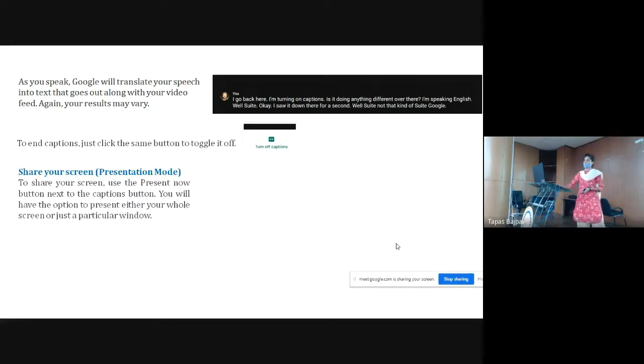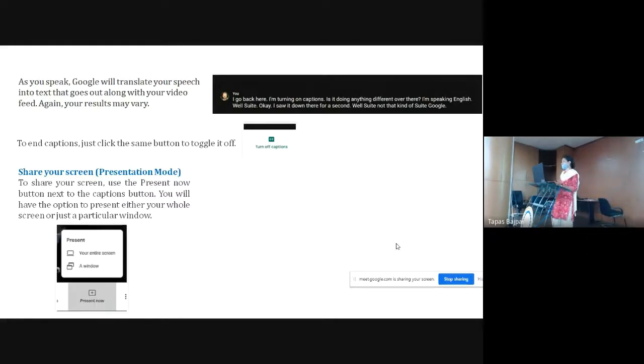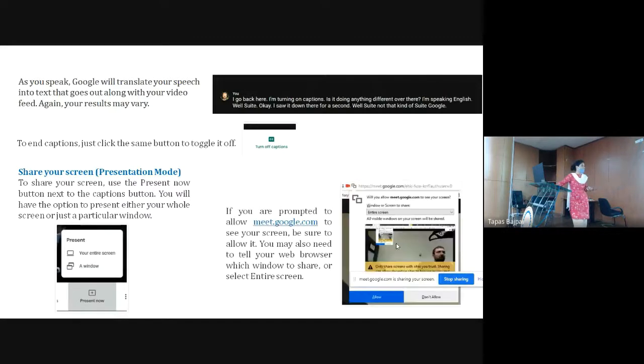And then share your screen. While presenting, we have different options for sharing the screen. We can share the entire screen, or a particular window, or a browser like Google Chrome, where we can share all the tabs. So there are 3 options here, and then select this. From selecting this, we can share a particular window or the entire window.